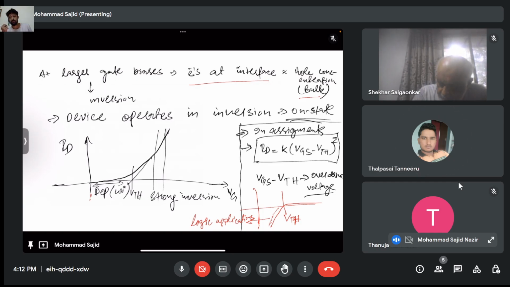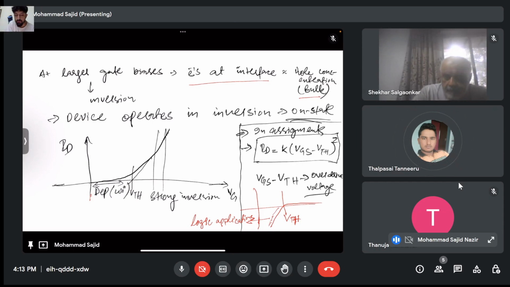You can reduce your current by reducing your VG, right? Yes, sir. You can reduce as much as you want, but your specification, the final output, is your gain, right? What is the final goal of your project? Gain, right? Your gain should be, let's say, 15 dB, 16 dB, over a particular frequency range, right? Yes, sir.